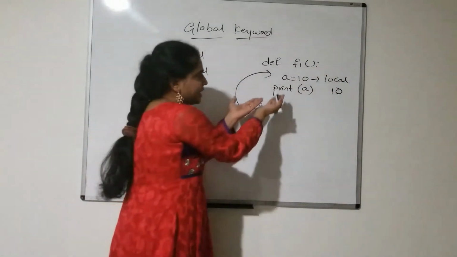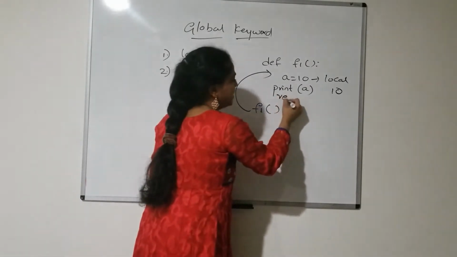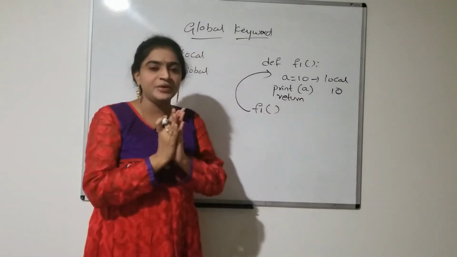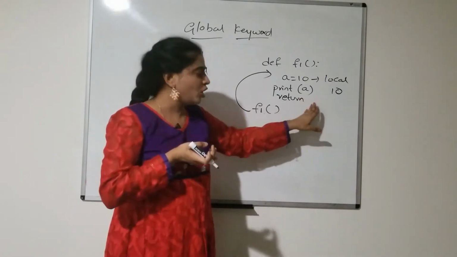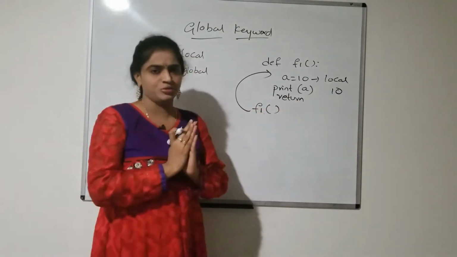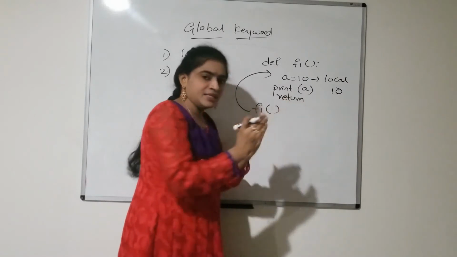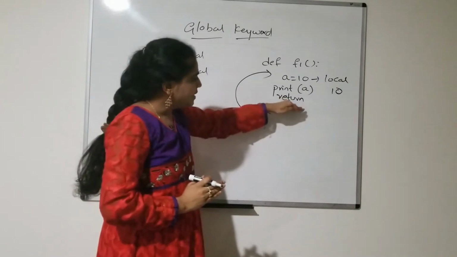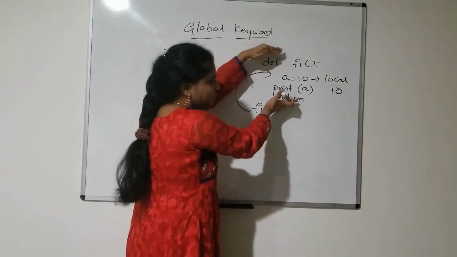Once the execution finishes, suppose I write just a return here. It is not returning any value, I am just using the keyword return, without specifying any variable. Using return is nothing but the end of the execution of that function. The cursor comes back here, which means the scope of the variable is up to here only.